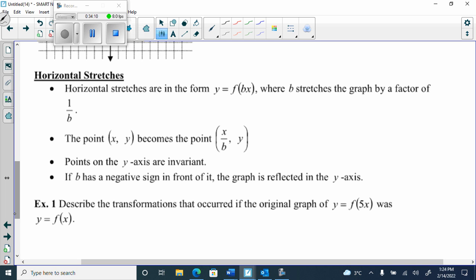So if I have bx, I'm going to use this as a number because people get confused with this variable. So I'm going to say f equals 1/2 x. Let's pretend it's like that. It's with the x, right? So it's a horizontal stretch. It would be a horizontal stretch by a factor of,